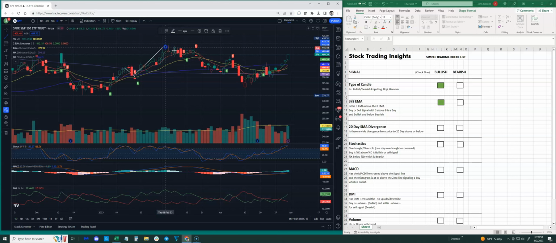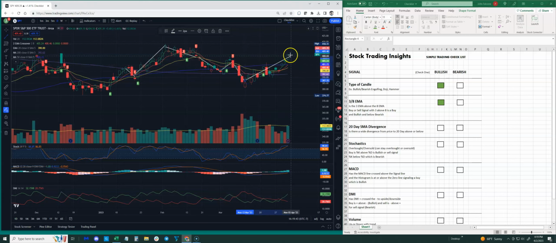We have this divergence, move down again. Now we're diverting here, move back up to the 20. Likes to do that. As you can see, the 20 was resistance here, came down,